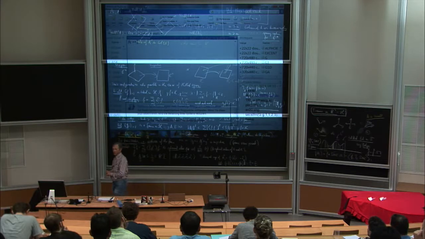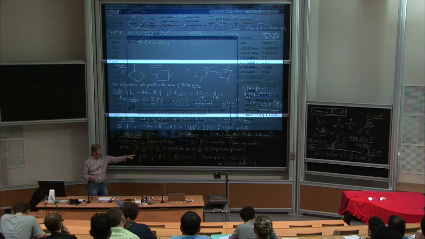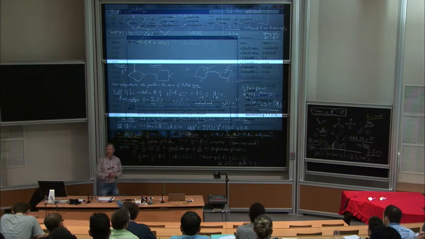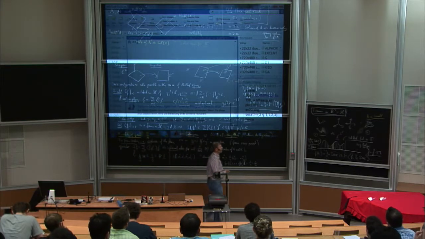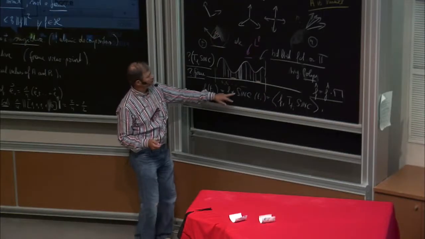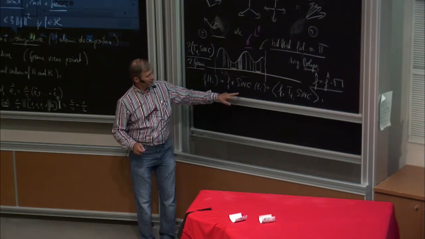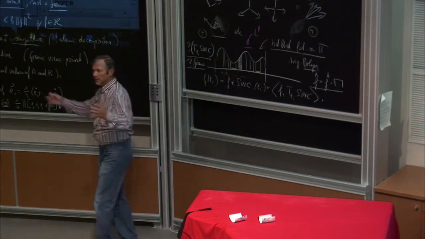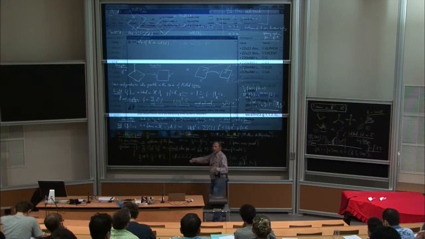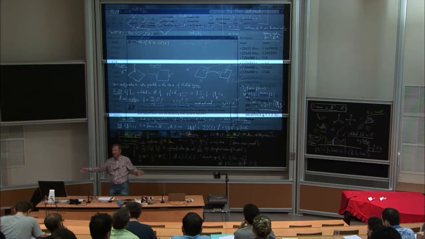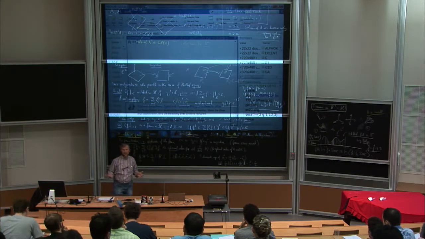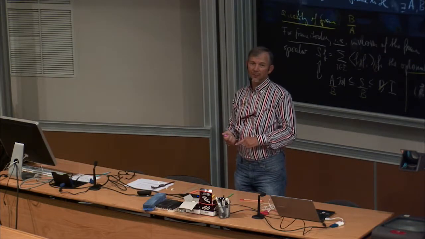not so useful. Why? Because of a typical situation, and especially when you really use the sinc function, that will happen. You cannot have it in the L1 sense. Here the sinc function, of course, is in L1 because you're on the torus. But if I switch to the real line, the non-periodic case, the sinc function is in every LP, but not in L1. Why?